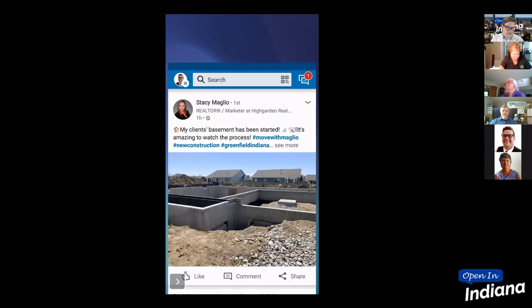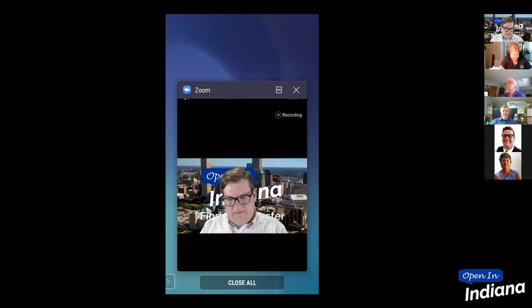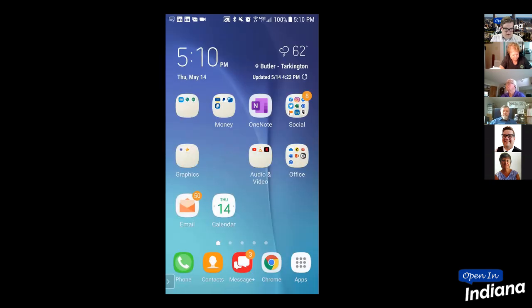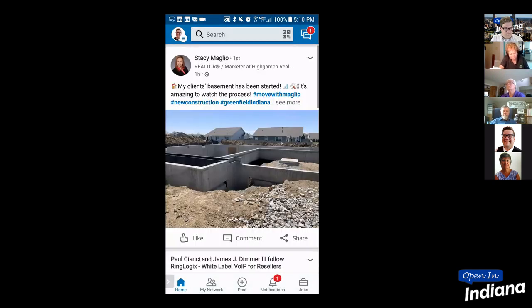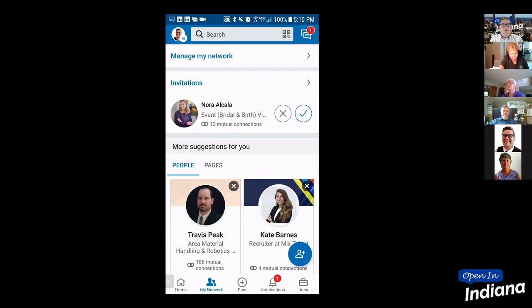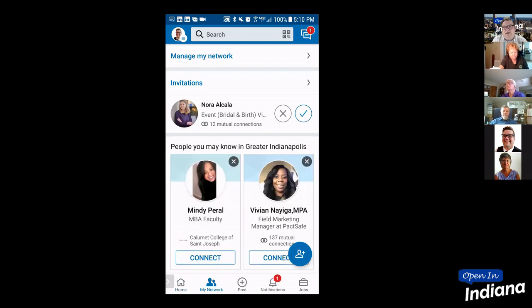Unless, of course, in this case, it just likes to freeze, and then we'll go back and try again. There we go. So now you'll see on the bottom right side of your screen, there's a little plus icon. If you click on that,